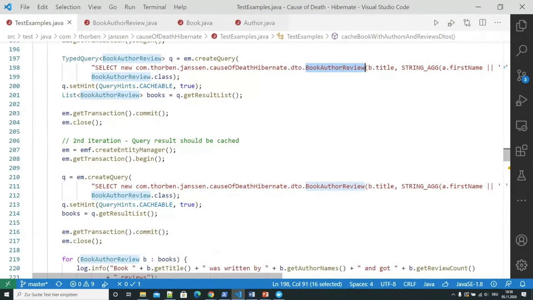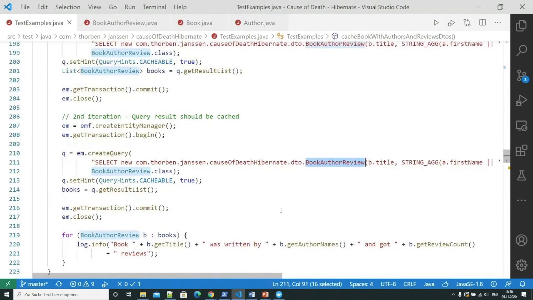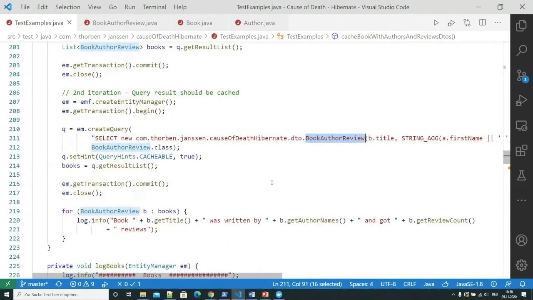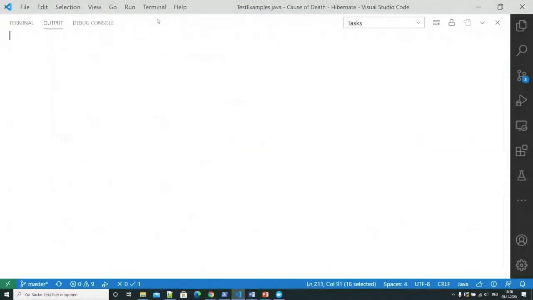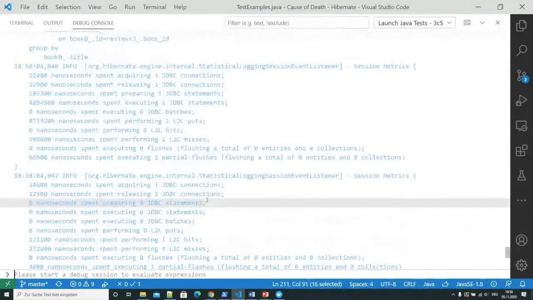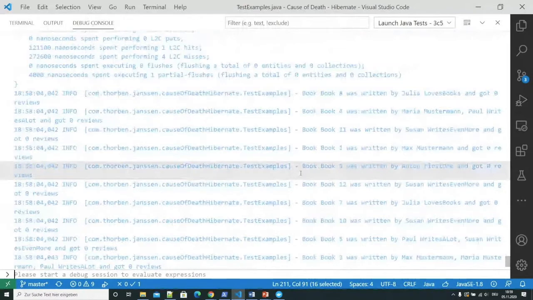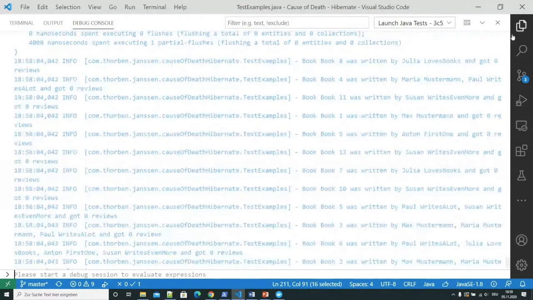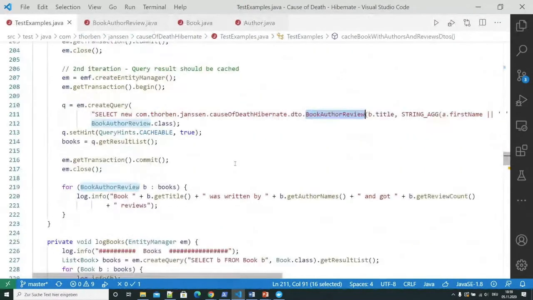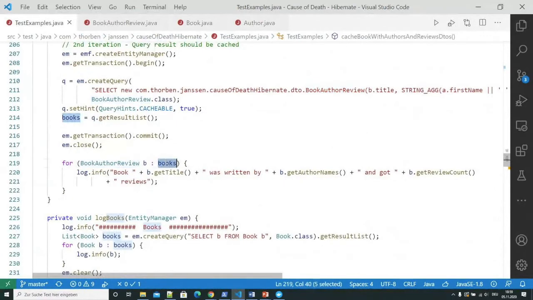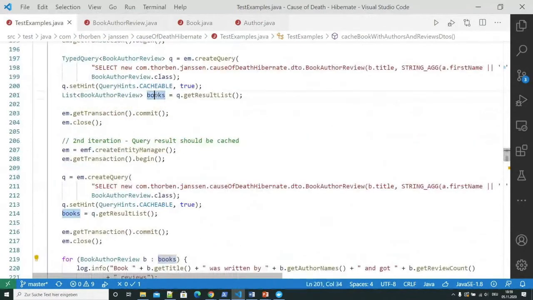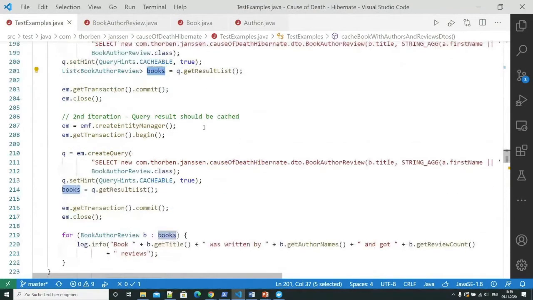And then Hibernate instantiates a book author review object. And down here, we cache the same query. The interesting thing here is that the list of book author review objects that we get up here is a different one than the ones down here.